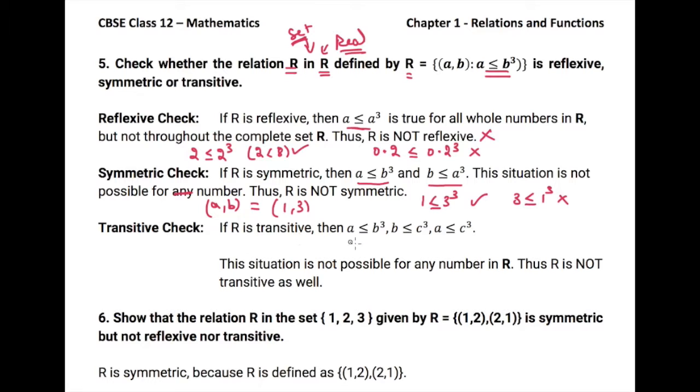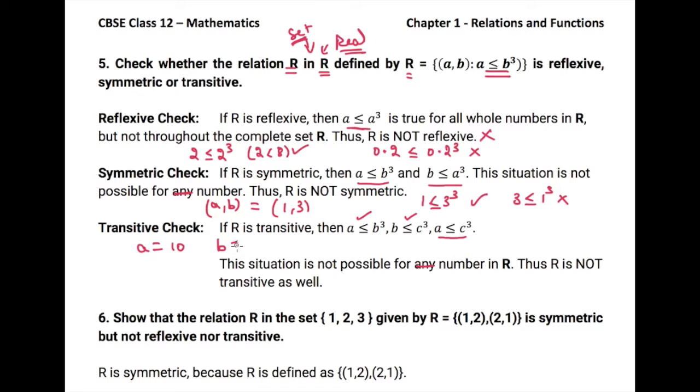If R is transitive, then a ≤ b³ is true, b ≤ c³ is true, and we need to prove that a ≤ c³. This situation is not possible for, again, most of the numbers in R. For instance, if I consider a equal to 10